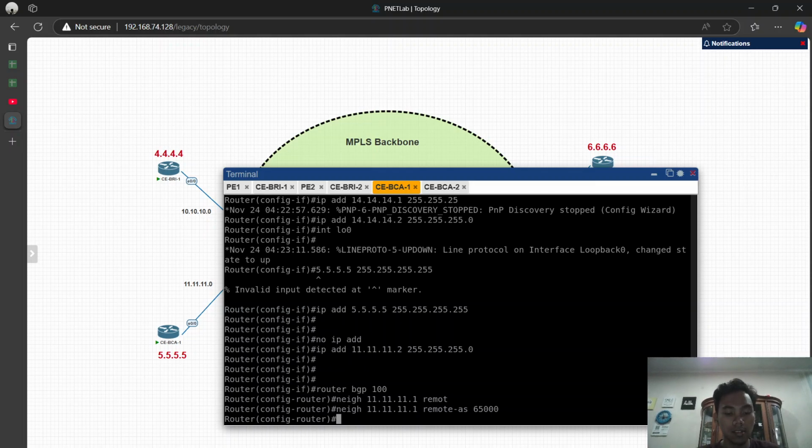And then set the network. The network is the IP loopback, that is 5.5.5.5, and set the subnet mask. Don't forget to write the mask 255.255.255.255.